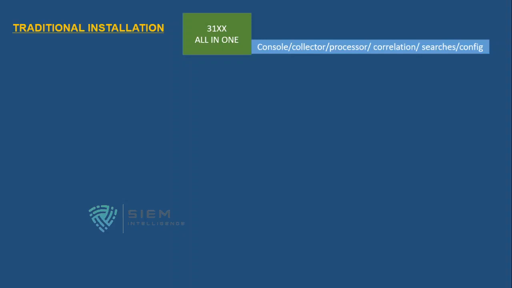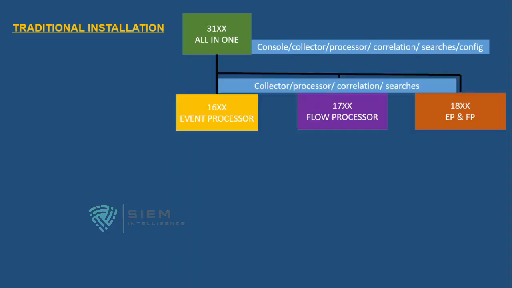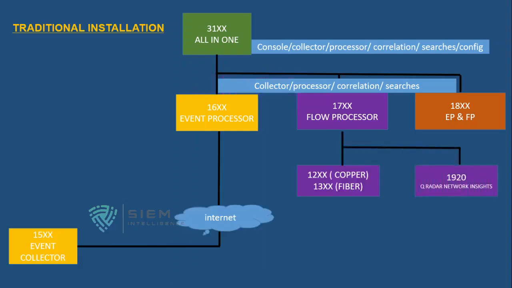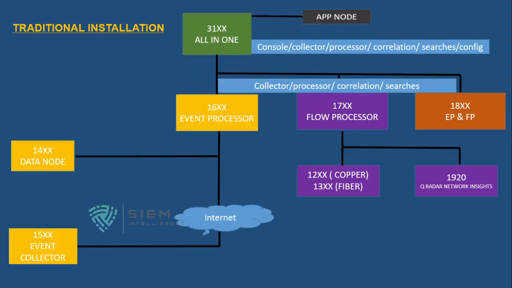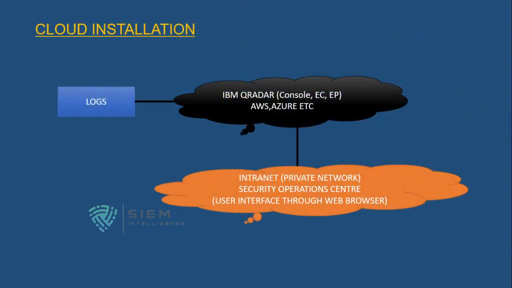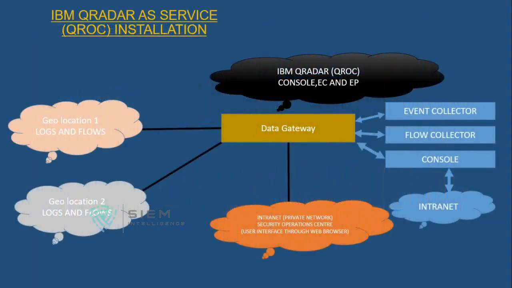So you can keep event collectors at one point, and you can start sending those to the event processor at a separate time. You can do that, or even if you want to install an event collector, you can send it to some live communication. There are so many things. As like this, there are so many ways you can do it as a distributed environment, and at the same point of time, you can use this cloud infrastructure, as well as the QRoC service.